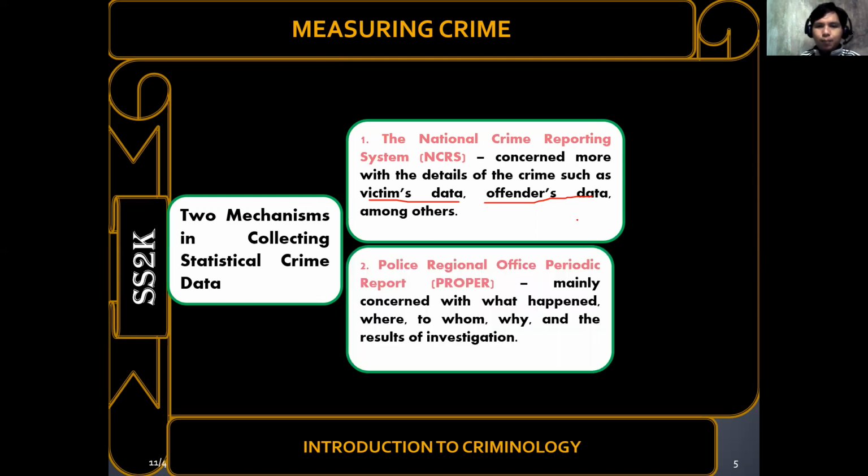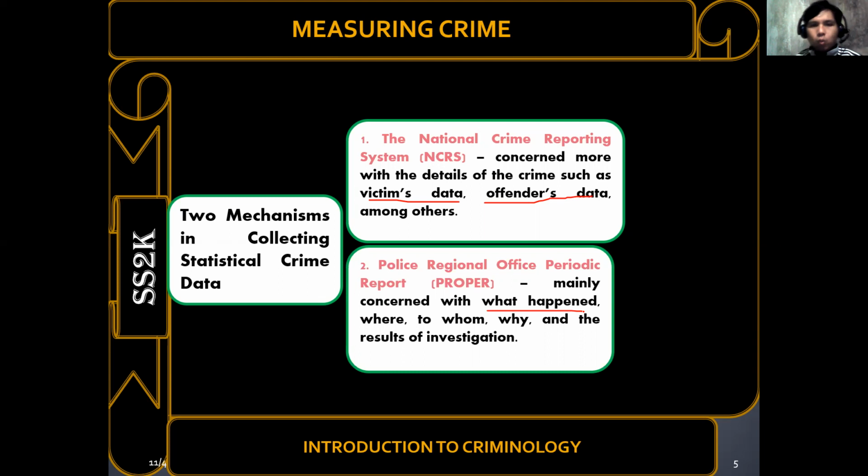The second one is the Police Regional Office Periodic Report or yung PROPER. Okay, it is mainly concerned with what happened. So, iba naman po ang content nito. No? Kasi ang nakasaad po sa report, anong nangyari? Anong krimen ang naganap? Okay, saan nangyari po ito? Kanino ito nangyari? Sino-sino ang mga biktima? No? Bakit ito nangyari? And of course, ano ang resulta ng imbestigasyon? Yun po ang resulta ng PROPER or Police Regional Office Periodic Report na aakyat ang mga ito hanggang po sa